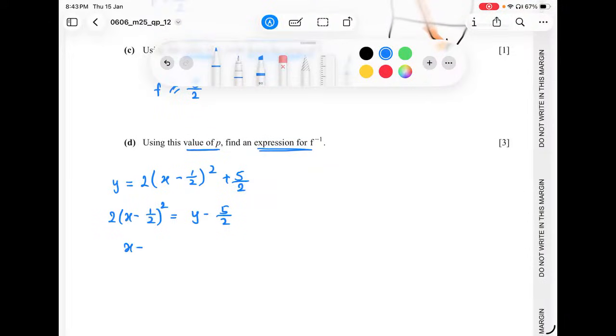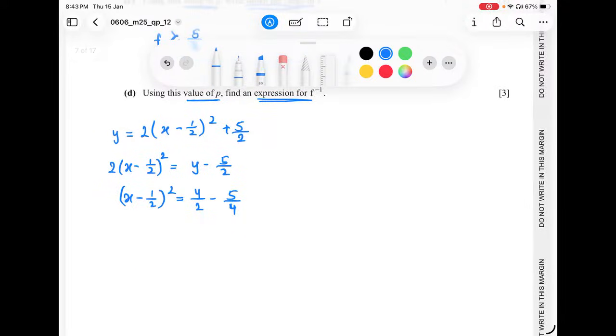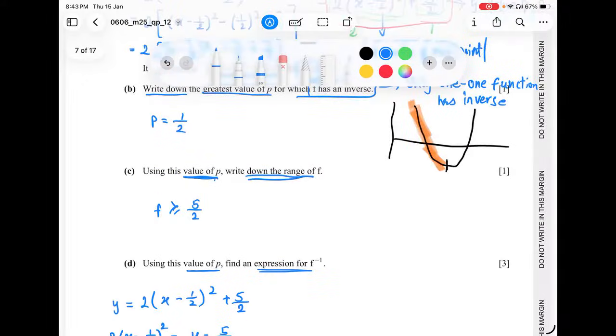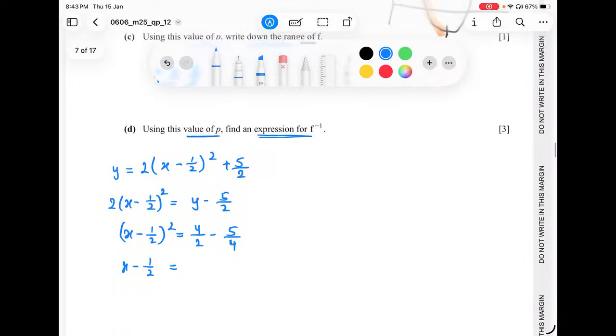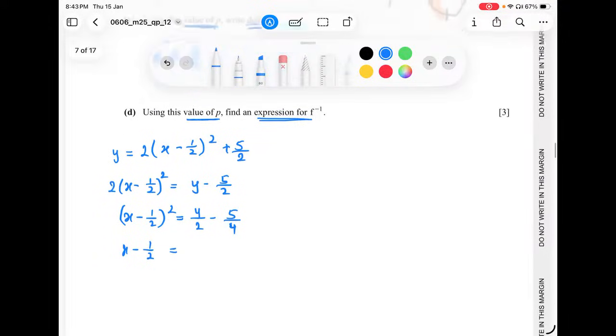So that brings us to (x minus half) squared equals y by 2 minus 5 by 4. And then when you bring this square to the other side, and since the range is a positive value, you don't need to care about the minus sign. You just write it as,